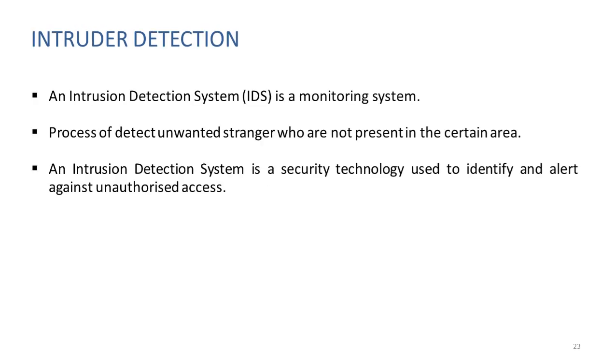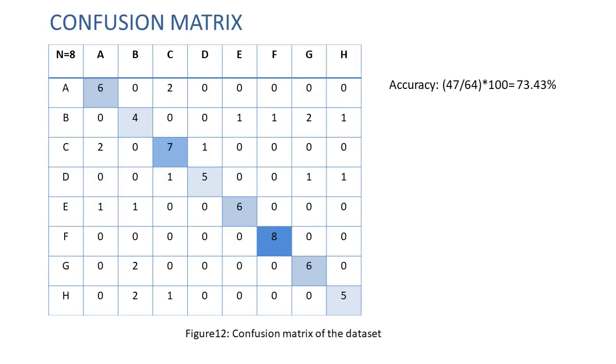And for the next part, we have intruder detection. An intruder detection system is a monitoring system which can detect unwanted strangers who should not be present in a certain area. This is the confusion matrix